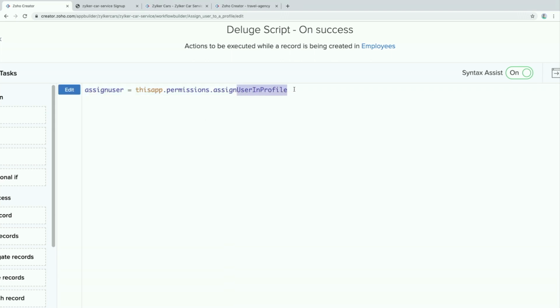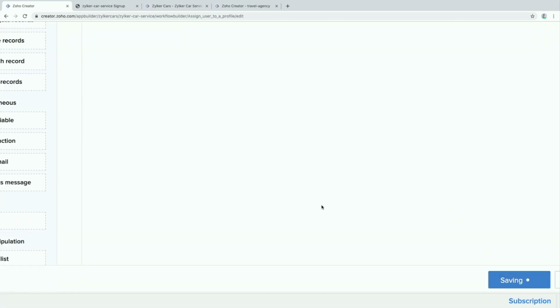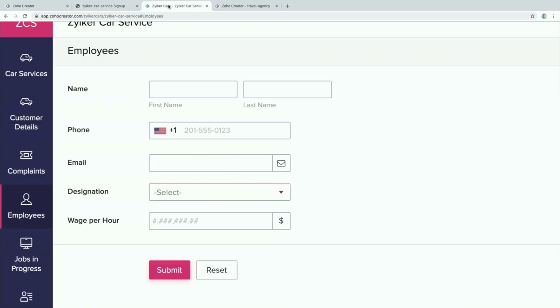This is case sensitive. All right? And assign user to profile. Which user? Whatever email we have added. So input.email. And to what profile are we adding them? Whatever designation we have already assigned. So I'll say input.designation. Save this. Go back to the app.